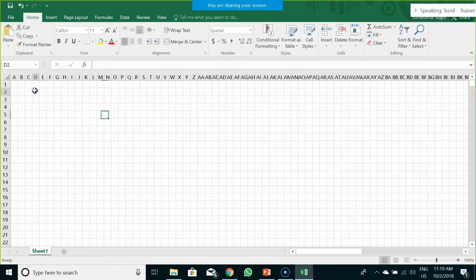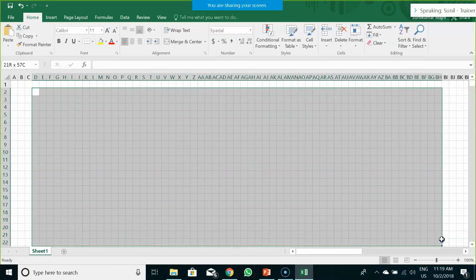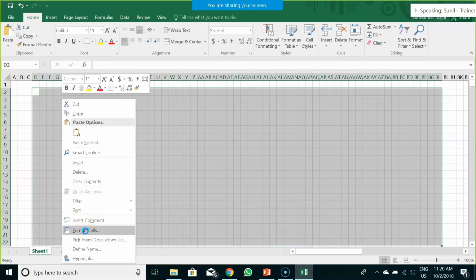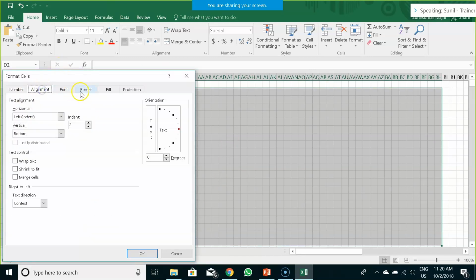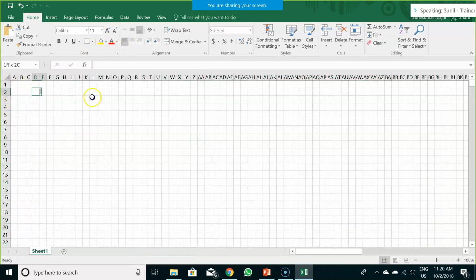Now we would select a certain set of columns from here and make it no border. We would just remove the border part of it, and we would give a color scheme for this particular area.